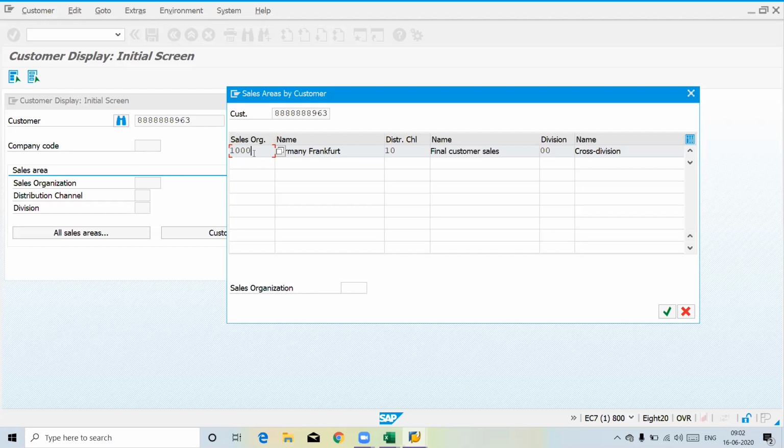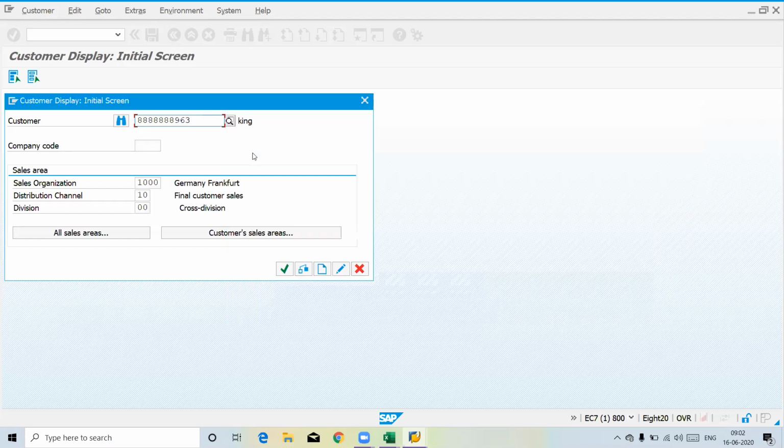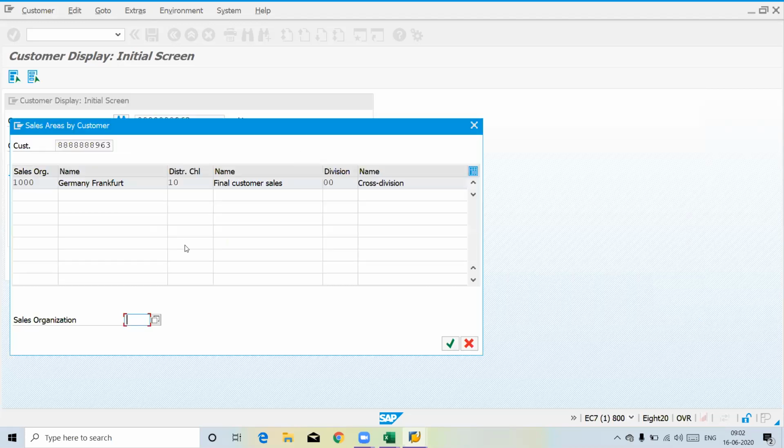When the customer is created in all three sales organizations, all sales areas will be visible here, and you can select which sales area you would like to open. Here we have only one sales area as of now; if you have 2000, you can select like that.